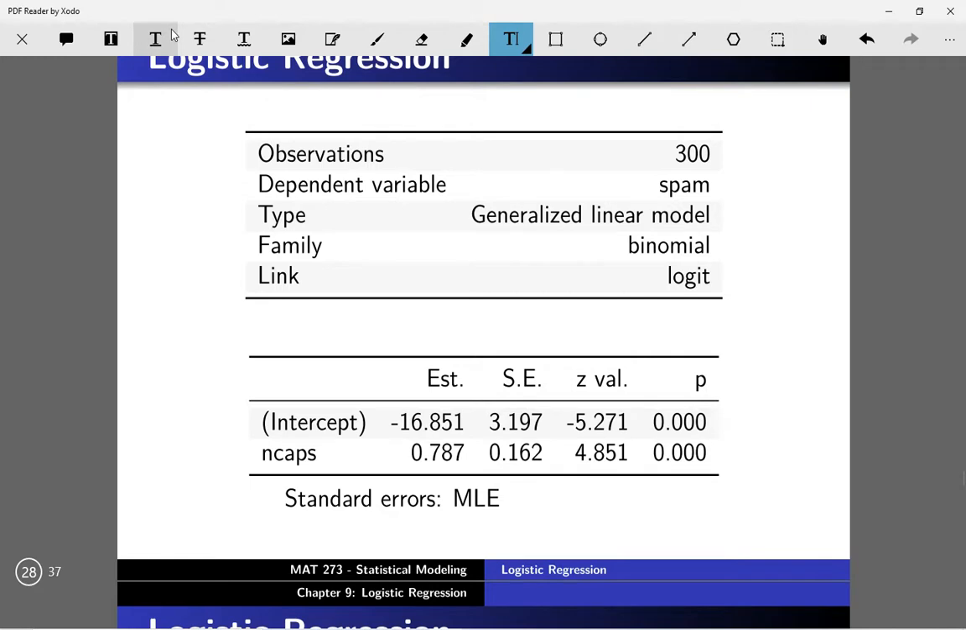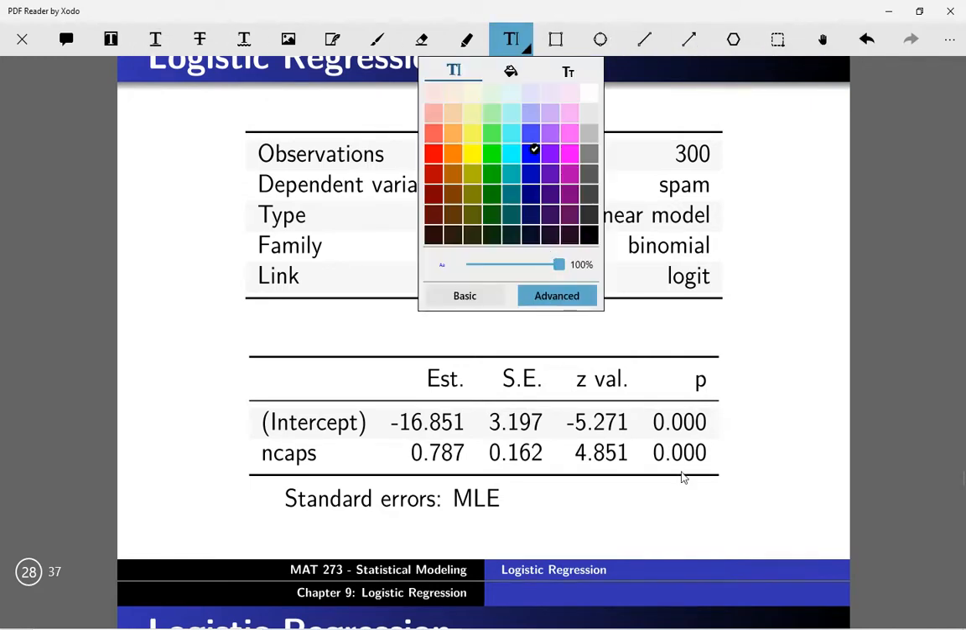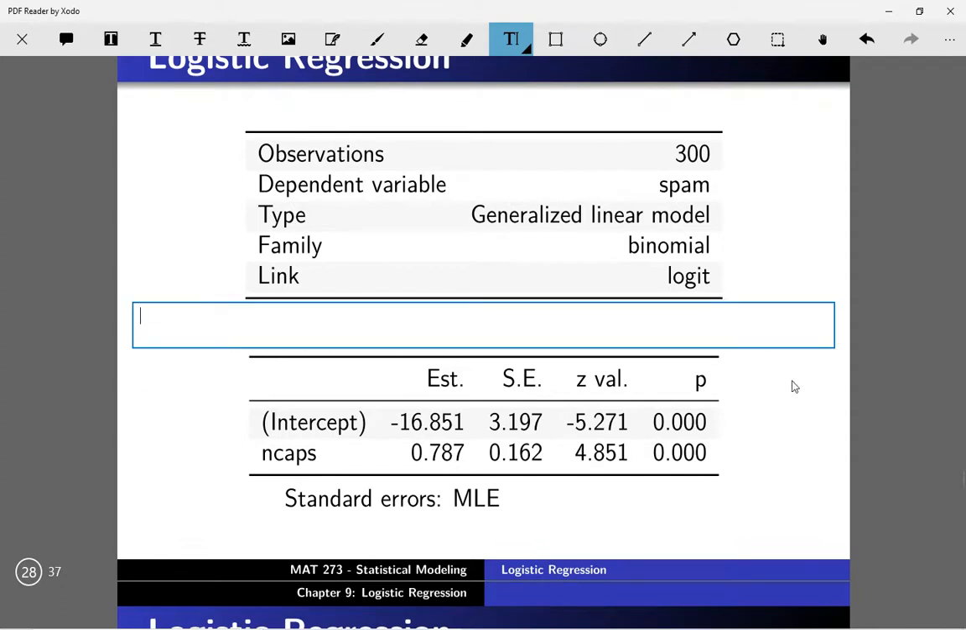And specifically how we interpret this value for logistic regression is we'll say, since beta hat equals 0.787, for every additional capitalized character in an email, the odds of the email being spam are multiplied by e to the 0.787,